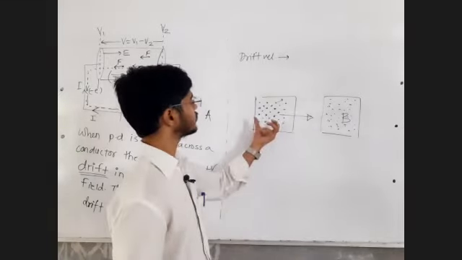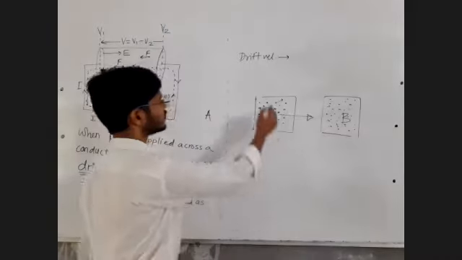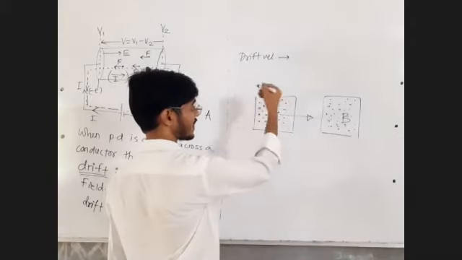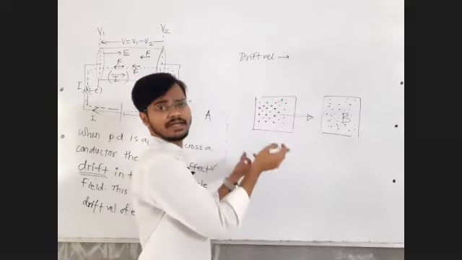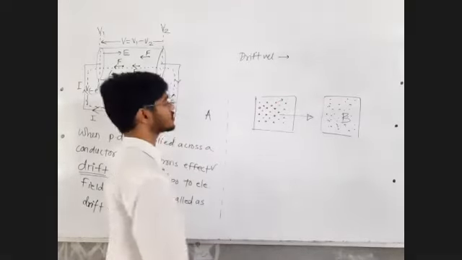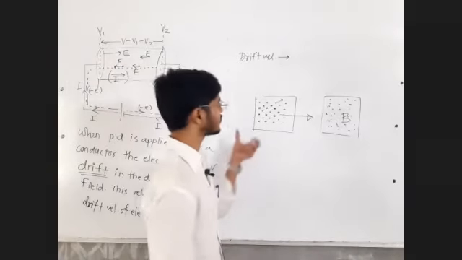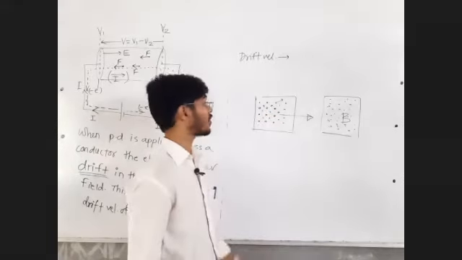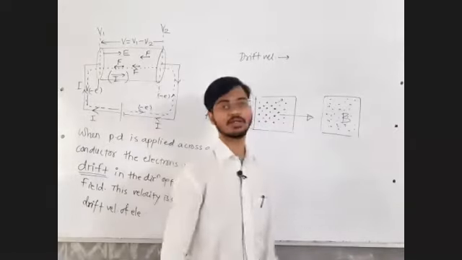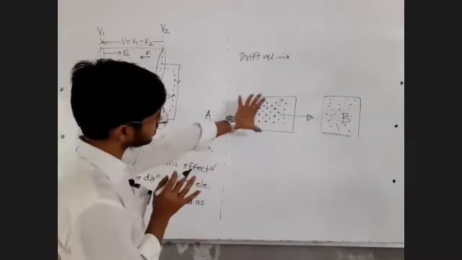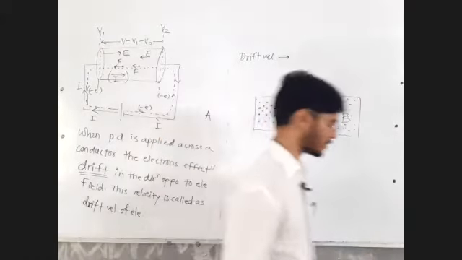Now, the velocity of these electrons might change in magnitude, might change in direction. So many things are happening because these electrons are colliding with each other, colliding with the neighboring atoms, losing their kinetic energy, again gaining kinetic energy because there is a force acting on these electrons. Under the influence of the electric field, they experience a force. One animal collides with another animal or with a stone, then stops, then again tries to run. But still, the group can be assigned a velocity. That velocity of the group is the drift velocity.